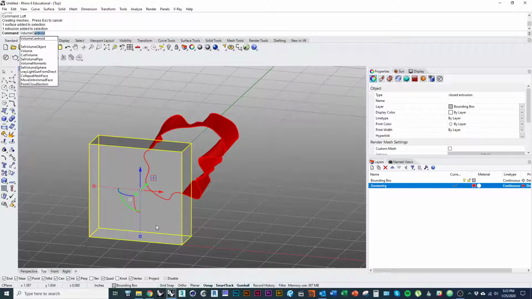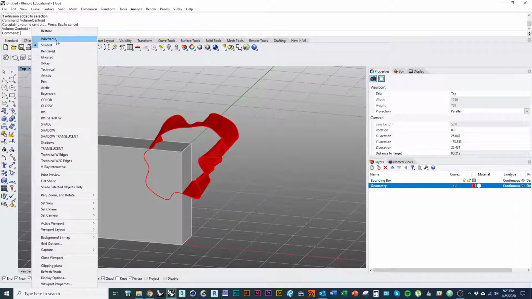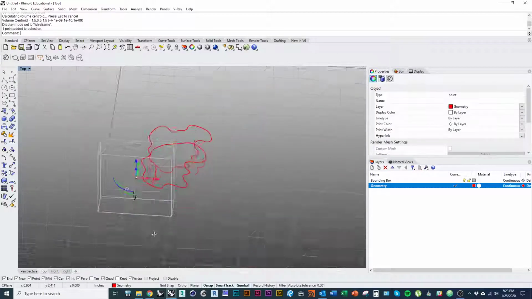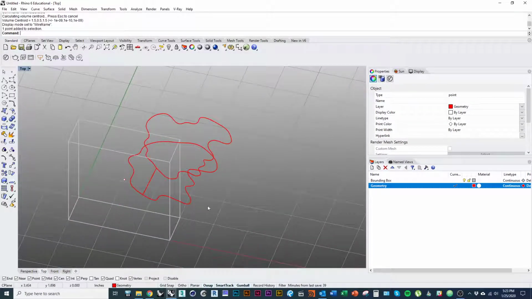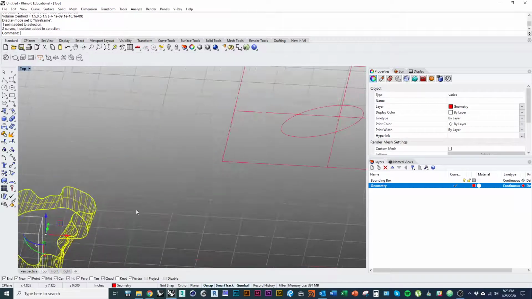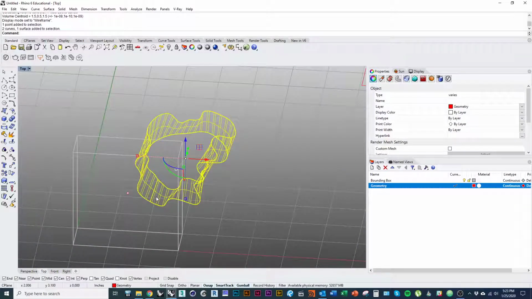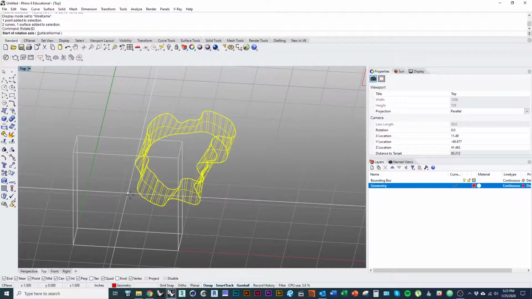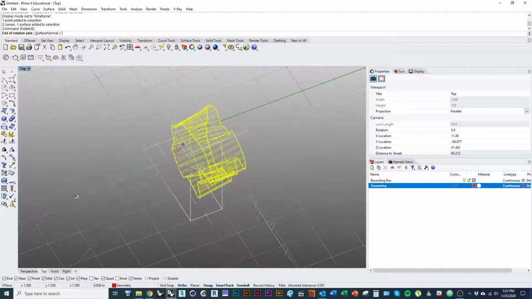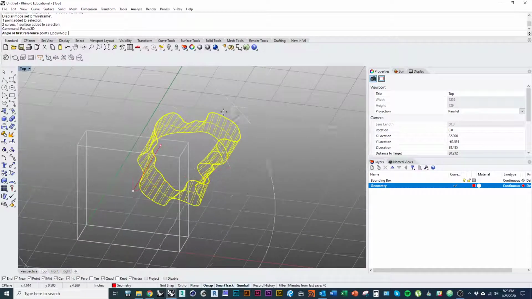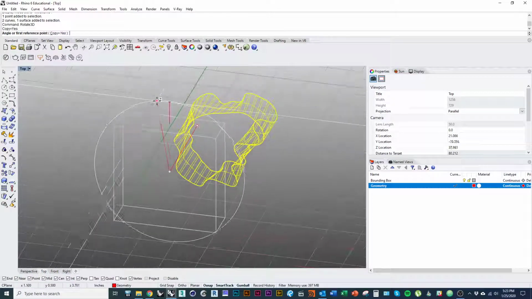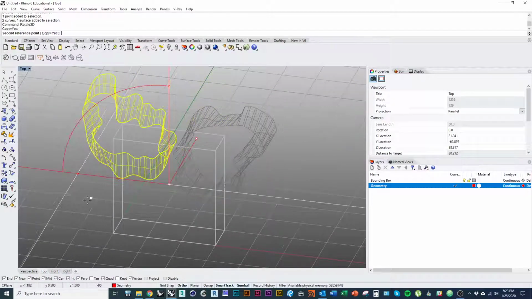volume centroid. And what that will do, if you go into wireframe or ghosted, excuse me, you'll see it created a point in the very center of that box. So if I wanted to do the rotation like I had done on the 2D pattern, I would just use the command rotate 3D, snap to that center point, draw a rotation axis straight up along the y-axis. Make sure I got copy turned on, and I could copy it